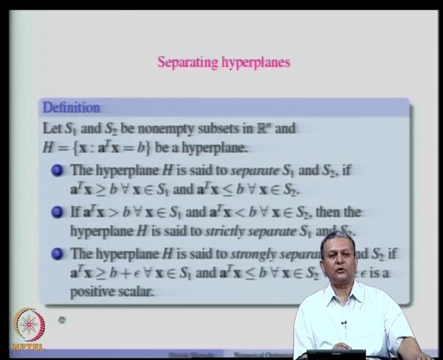Now, there is another notion which is called strong separation. We say that the hyperplane H is said to strongly separate S1 and S2 if A transpose x is greater than or equal to B plus epsilon for all x in S1, and A transpose x less than or equal to B for all x in S2, where epsilon is a positive scalar. Okay, so, we will see the meaning of these